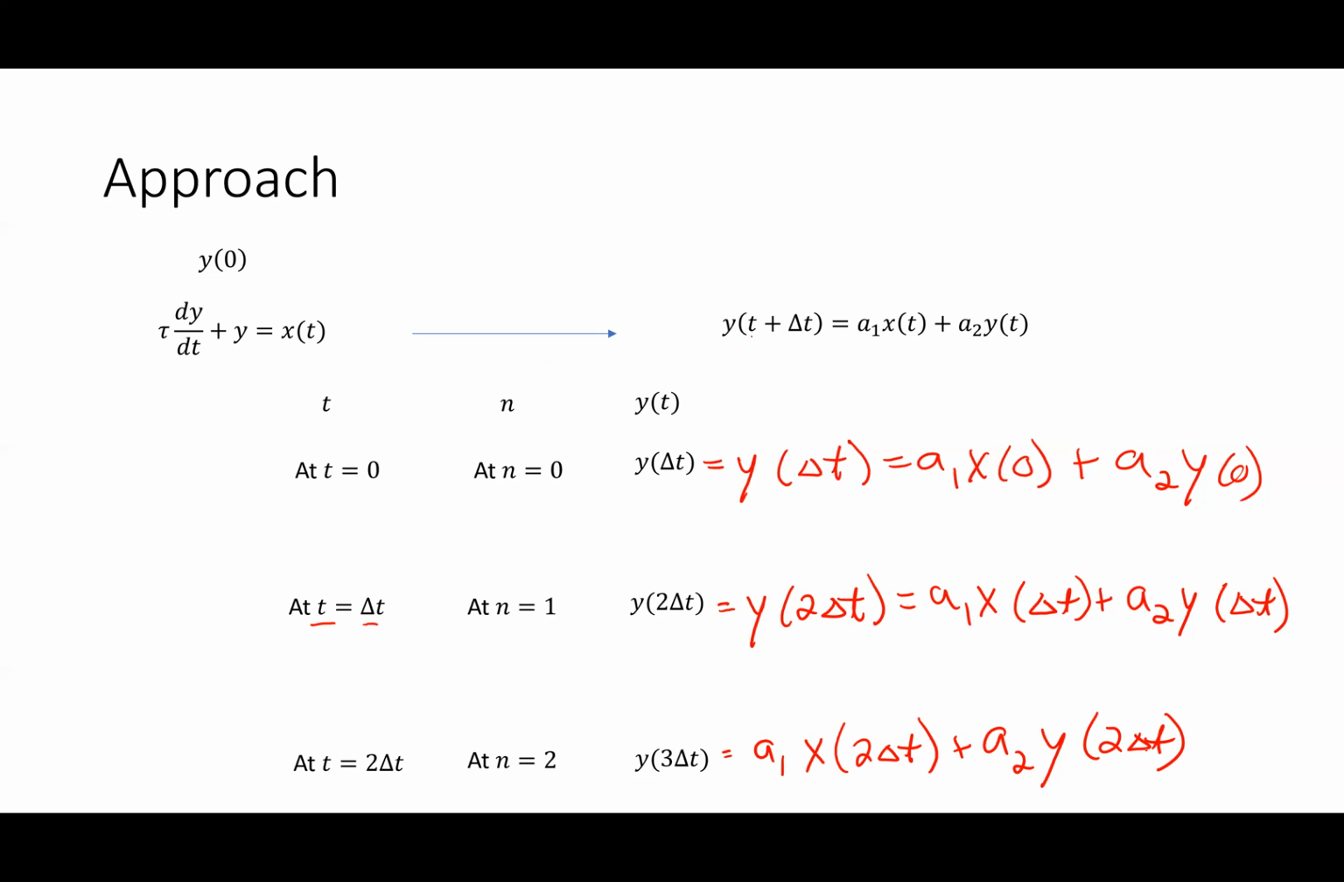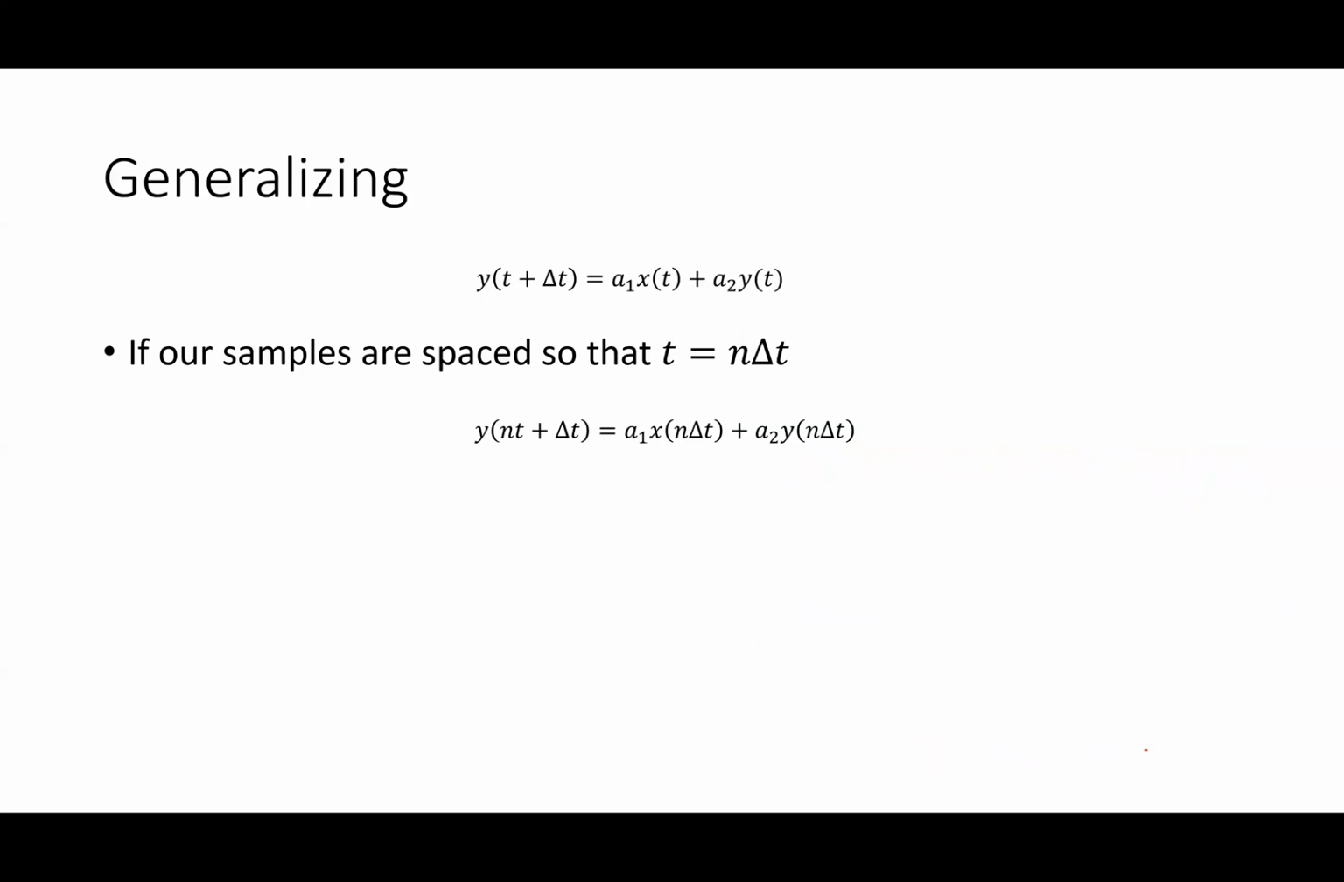I can set up a for loop that basically just keeps walking me through to say, all right, at the next time step, I can just calculate based on whatever values I currently have. So this is perfectly set up for a looping situation. All right. So if I try to generalize this, if I know that my values are spaced at n times delta t, I can look at this and say, in general, at t equal to n delta t,